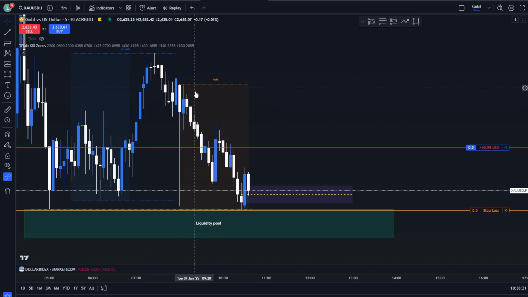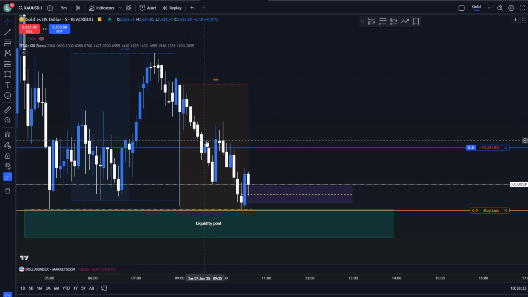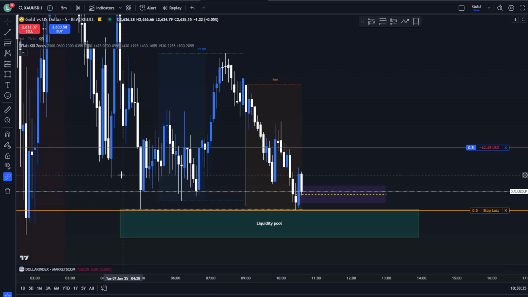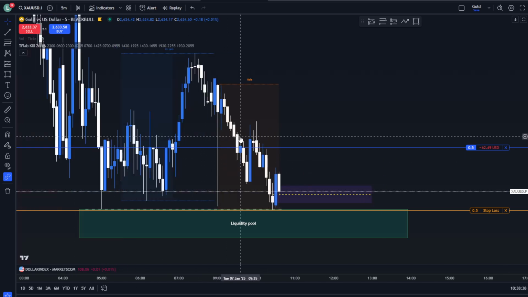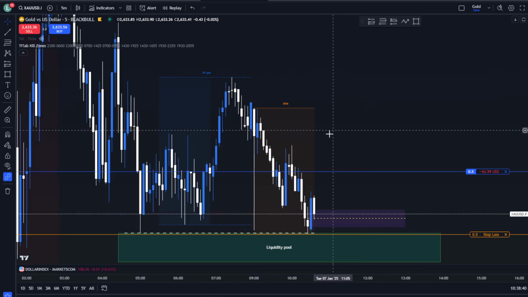If we have people trailing their stop loss, take those stops out, continue the move down. Not 100% sure on that, but essentially what we want to see to